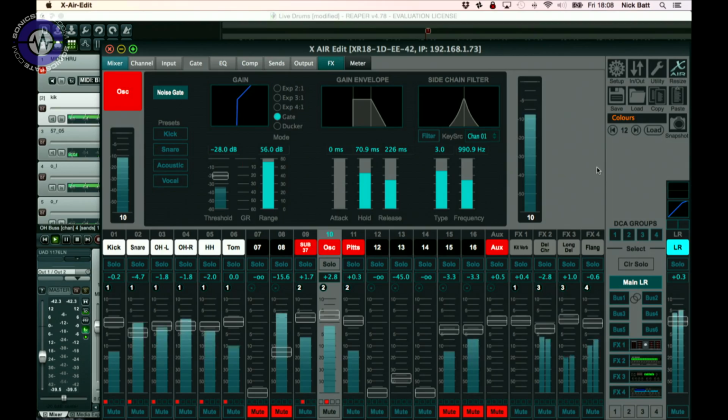But I can actually program changes which will recall them instantly, so I can recall snapshots. Let's get the mix going. So this is my gated one. Then I'm going to go to my drones. Come straight back, another program change. If we look at there,